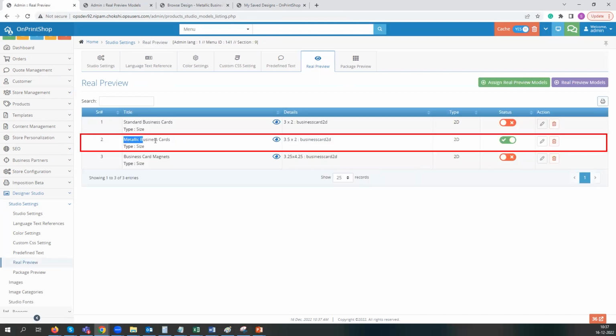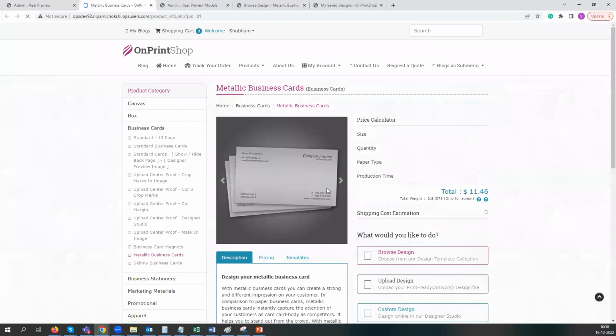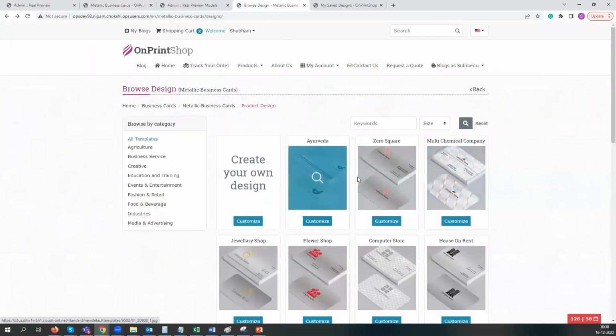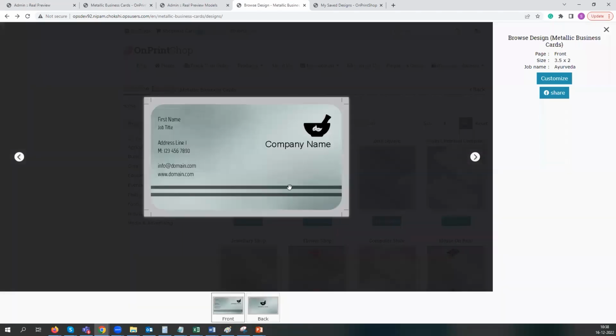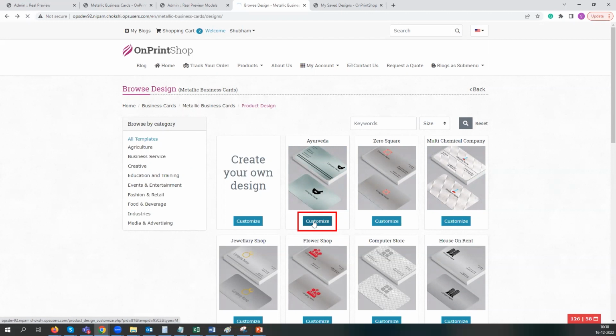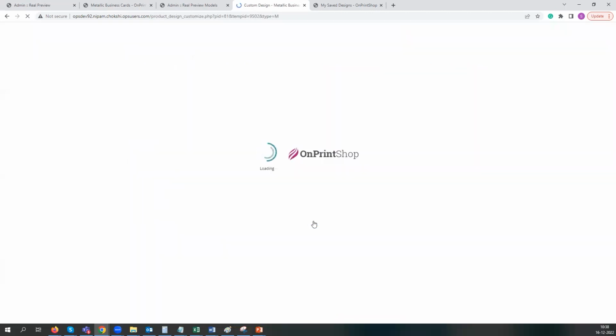To check on the front end, just click on the Preview button, and then click the Browse Design Action button, and you can see over here, the 2D preview of the templates, for the product you've assigned to Real Preview models. Also, if you want to customize the design, click on Customize and it will go into the Designer Studio,